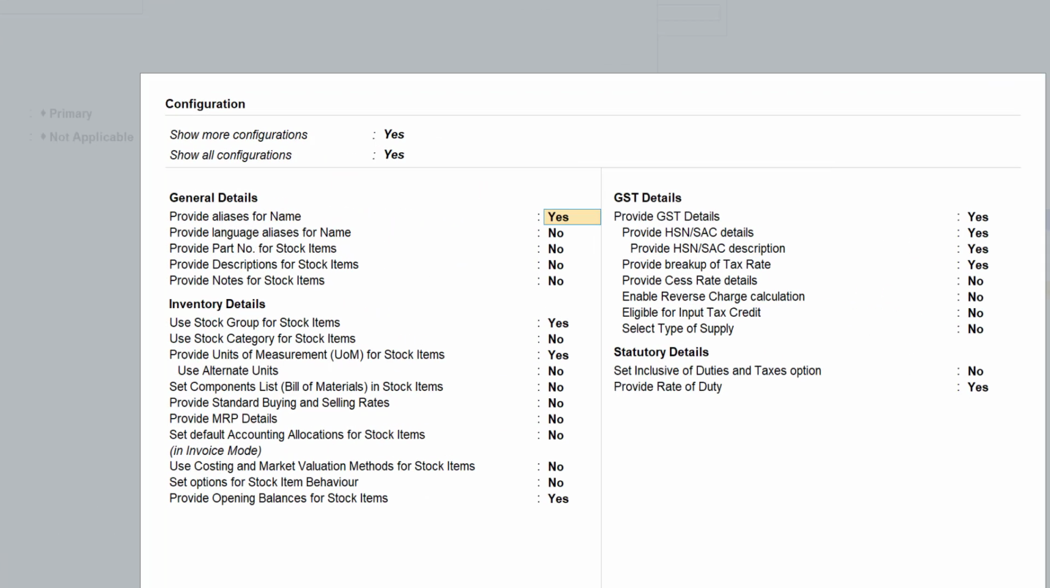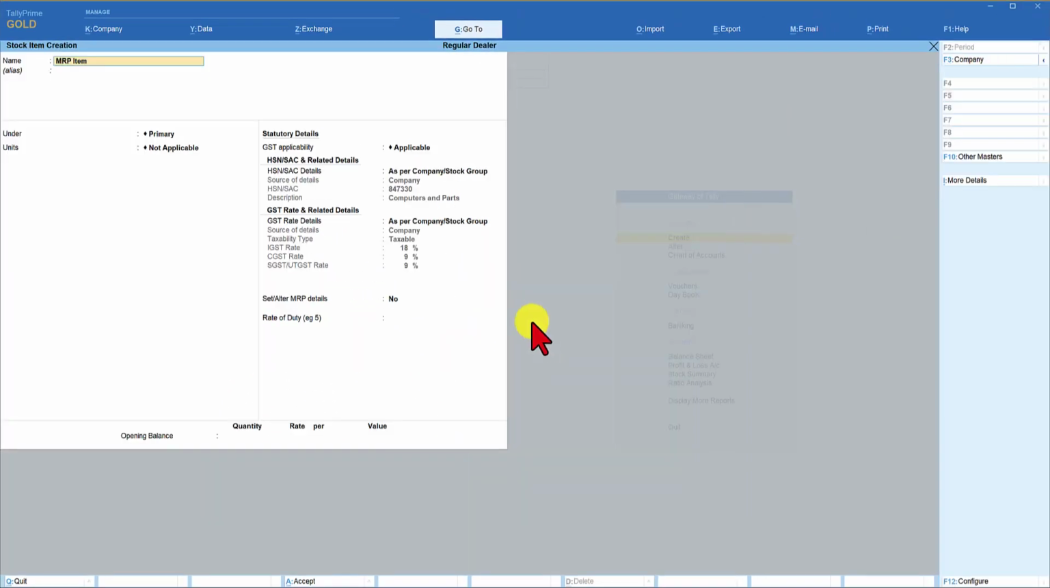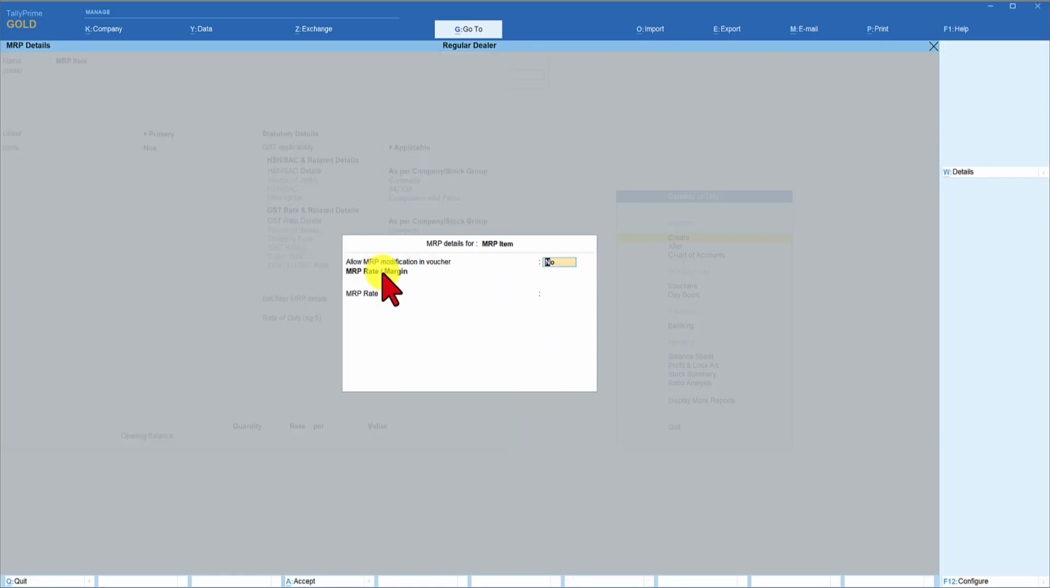So click on F12, and if you notice here there is an option called provide MRP details. This option by default it is going to be no. Click here and then press Y, enter, and then press Ctrl A to save it. Now you will observe here this additional option which is coming here, set alter MRP detail. Come down to set alter MRP detail, press Y, and now there is another option, allow MRP modification in the